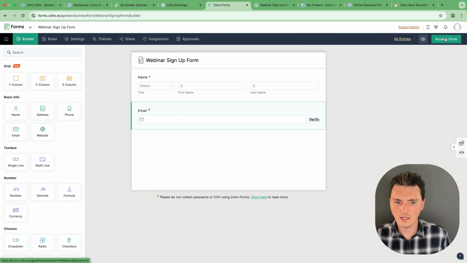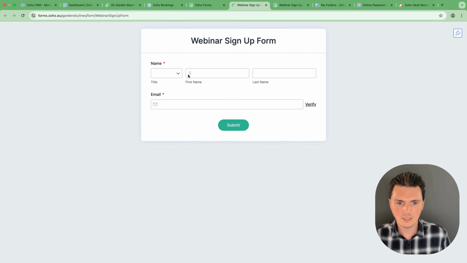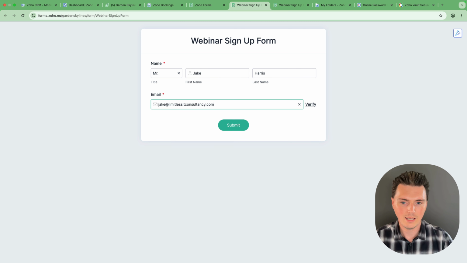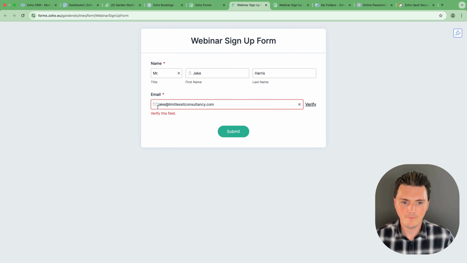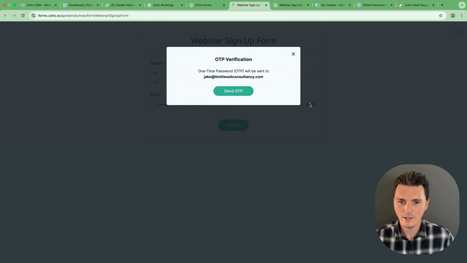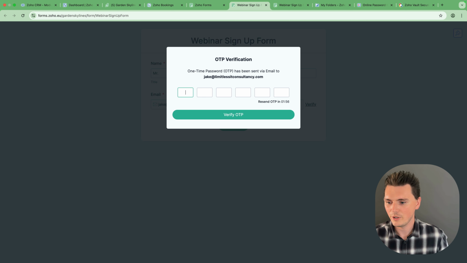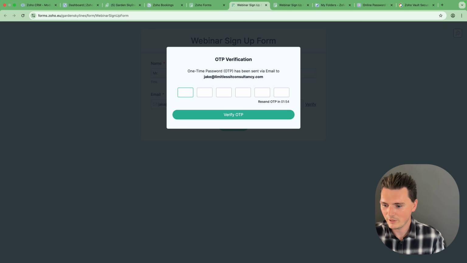And when I do that and I click access form, this time, if I fill this out, I'm going to do first name Jake, Harris, and then I'll put my work email in here. If I hit submit, it's not going to let me submit until I verify. So when I hit verify, it's going to send OTP, and that's going to send me an email code to verify the form. And just as we wait for that to come through,